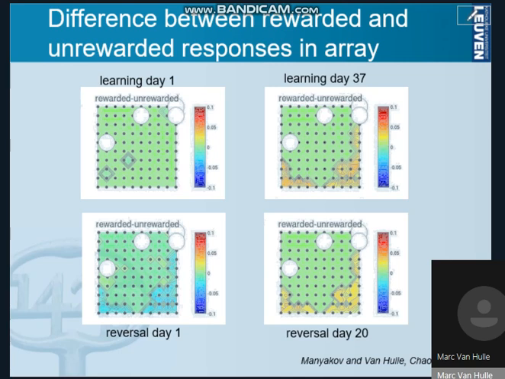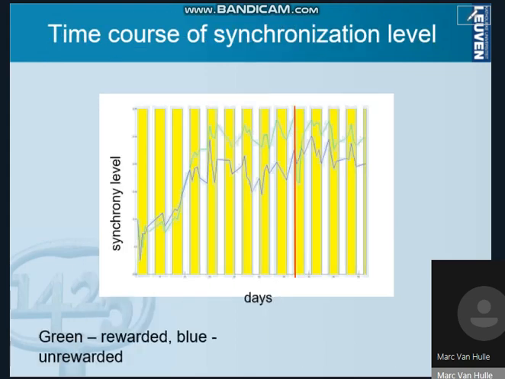The monkey doesn't know that the thing has been switched. And after some continued training, so after reversal day 20, you see that everything has been restituted. That corresponds now to what we had in day 37. So the monkey has indeed remapped it and learned that the paradigm had changed. Okay, so then slide 54, you see how the time course over training days is. You see here also